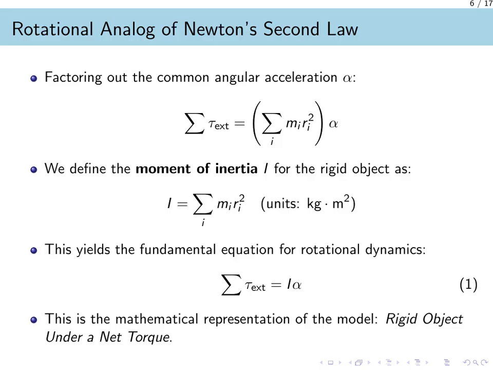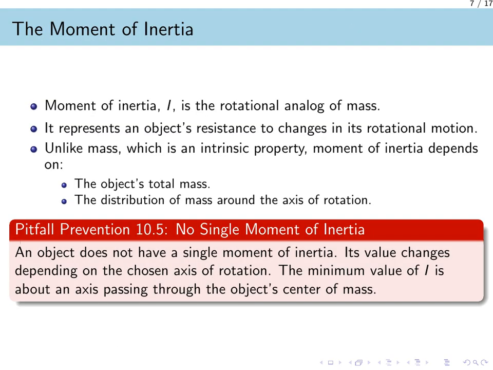Torque is the cause of angular acceleration, and the moment of inertia is the measure of an object's resistance to this change in rotation. The moment of inertia is a crucial concept that quantifies an object's resistance to changes in its rotational motion. Think of it as the rotational analog of mass. While mass measures resistance to linear acceleration, the moment of inertia, represented by the letter I, measures resistance to angular